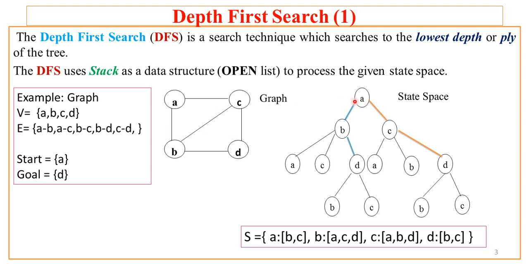For example, if I start with A, so A is the root, then A has 2 children, that is B and C, and how many descendants are there for B? If you see the graph here, see where I am pointing. Now B has children like A, C and D, because B has immediate successors A, C and D. What are immediate successors? These are the nodes which are directly connected to any given node. For example, if I consider B as the current node, then the immediate successors of B are A, C and D. Now here in state space we have to mention that B has immediate successors A, C and D.